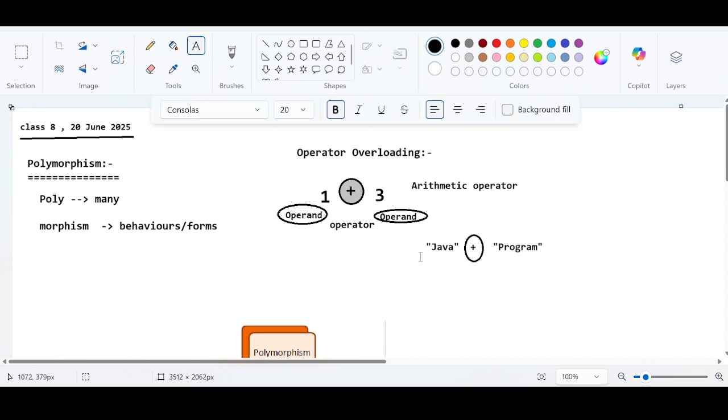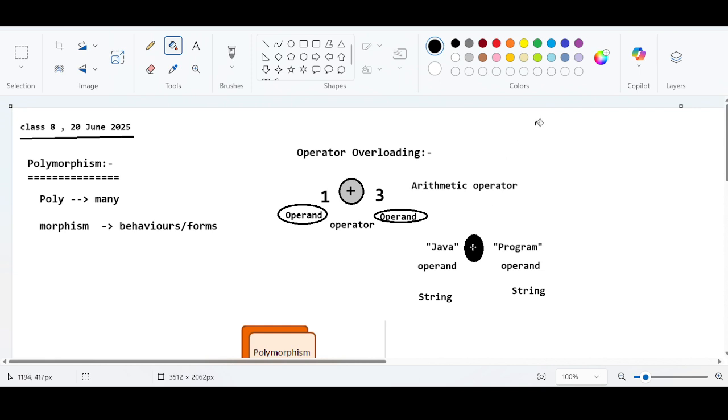Technically, what do we call this operand? String, right? This is one of the operands and this is another operand. And this operand is called a string. This is also a string, isn't it? String and string. Now, when you use the plus operator between two strings,